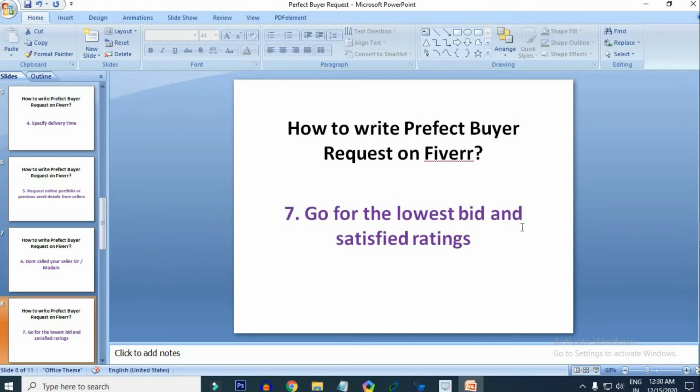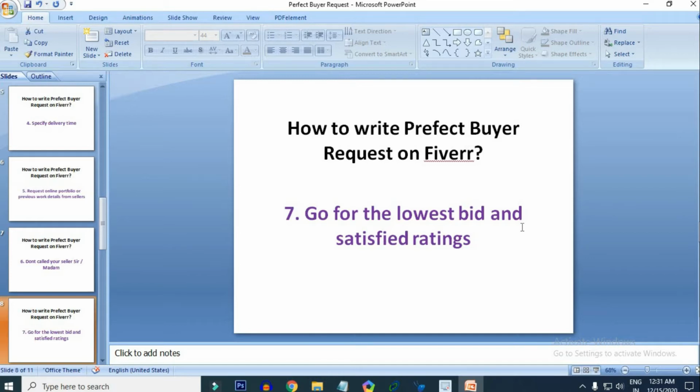The next thing, go for the lowest bid and satisfied ratings. Lowest bid describes the pricing. A freelancer mentions his price for your given job. You can check the ratings. Ratings help you understand the freelancer's past work and the communication with past buyers.